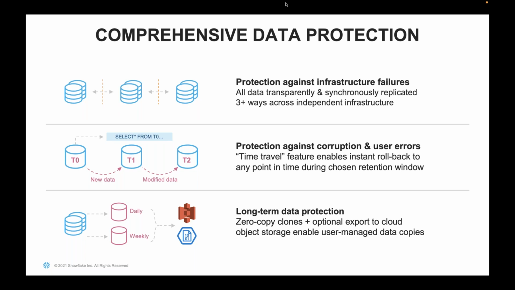But again, the protection is not only about the data, right? It's also about how the data is accessible. You can also have multi-cloud deployments. So you can have your Snowflake instance on AWS where you are inserting your data. Tomorrow, your company says, hey, I want a DR strategy. You can replicate that same data on an Azure instance, so a disaster recovery database will be created in Azure. In case AWS goes down, your data will be accessible from the Azure instance. Both are not likely to go down at the same time.